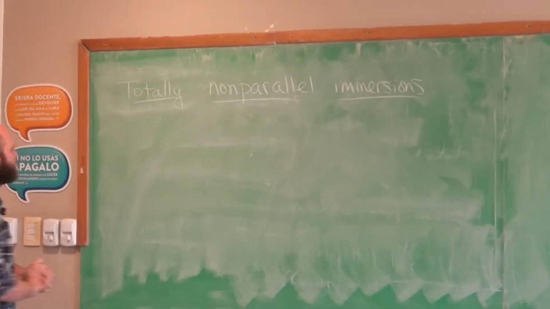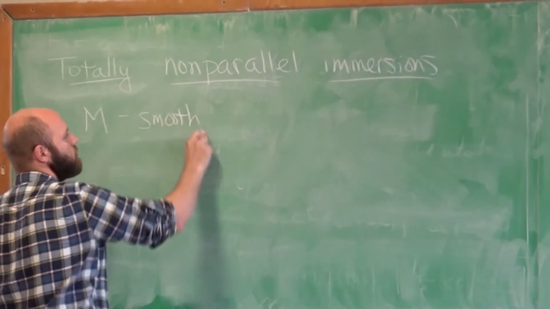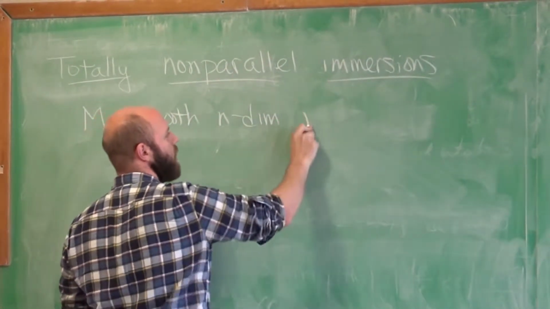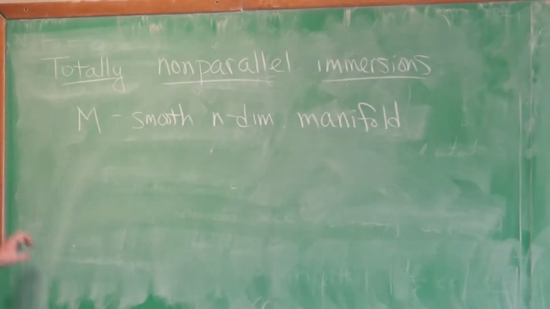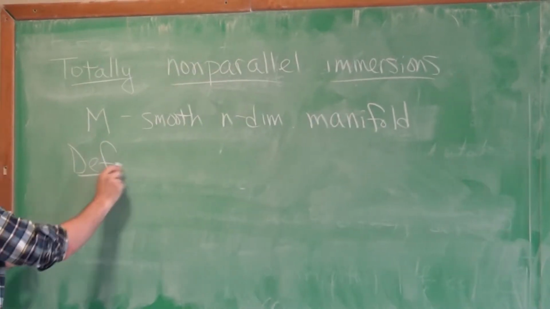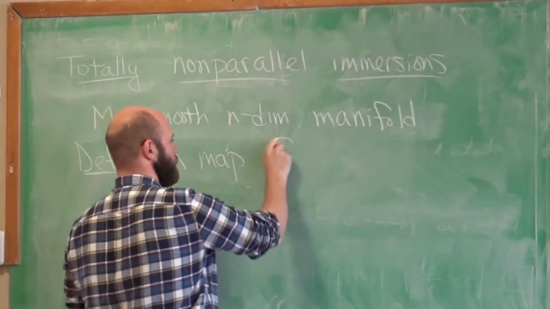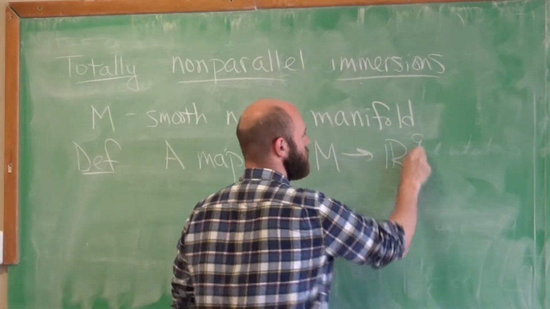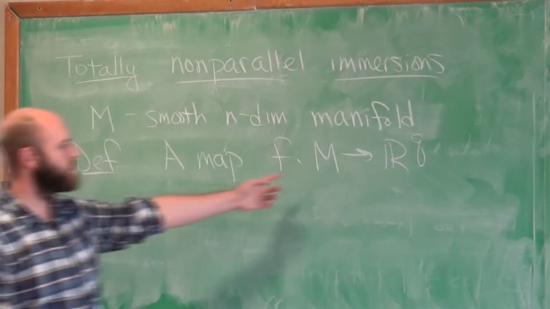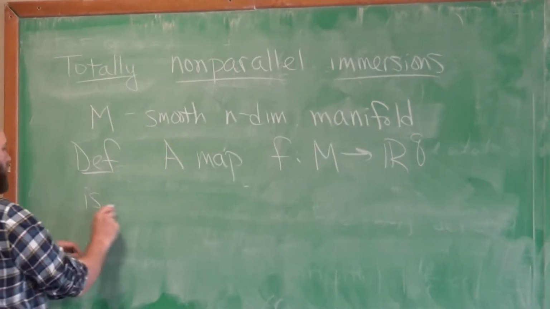Okay, so I will start off. In this talk, M will always be a smooth n-dimensional manifold. And let me just recall the definition of immersion. I will assume pretty much all maps go into Euclidean space. So a map is an immersion